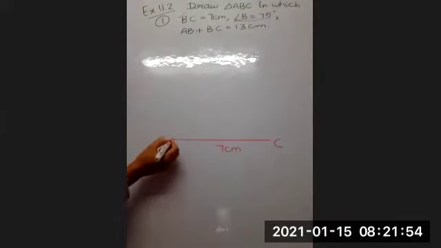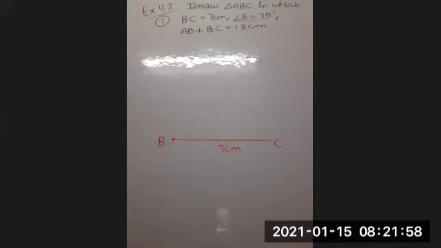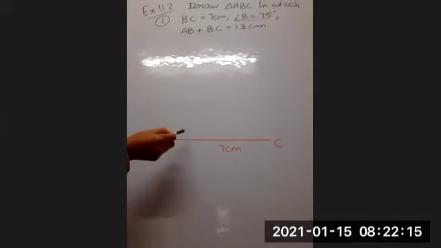So children, make sure that this angle B has to be drawn 75 degree. And we all know how to do that. To draw 75 degree, we need to draw bisector of which two angles? 60 and 90. I have got my compass too. So those who have issues drawing 75 degree can see it right now.